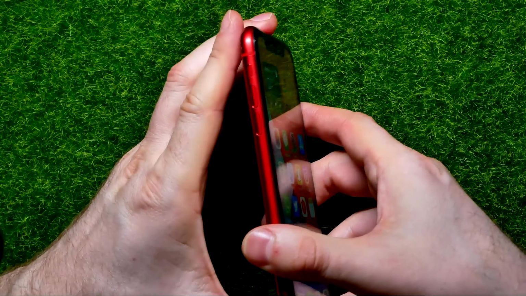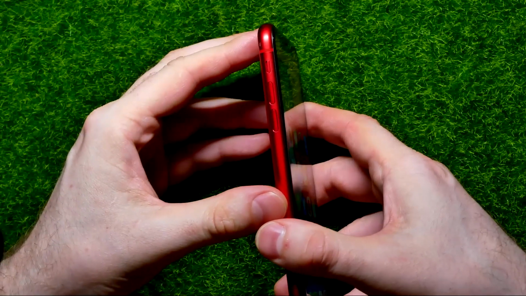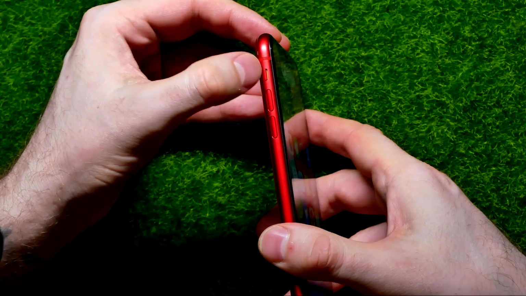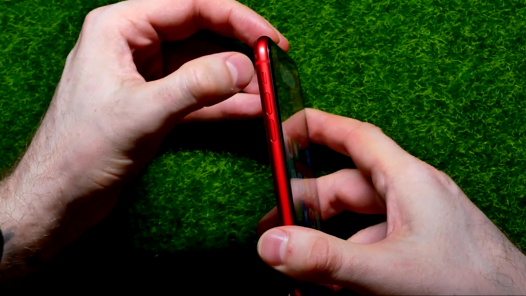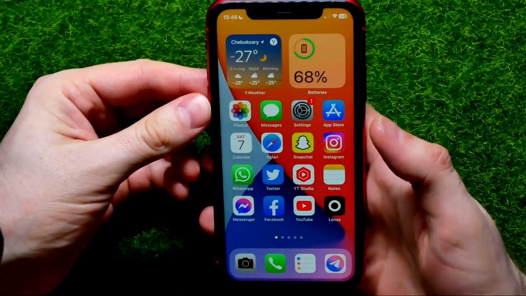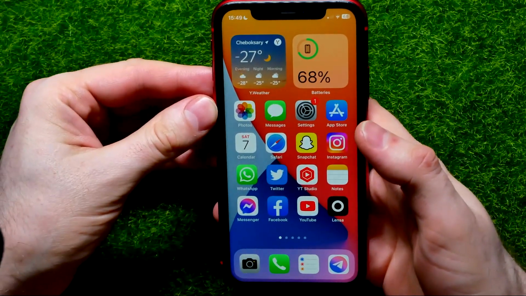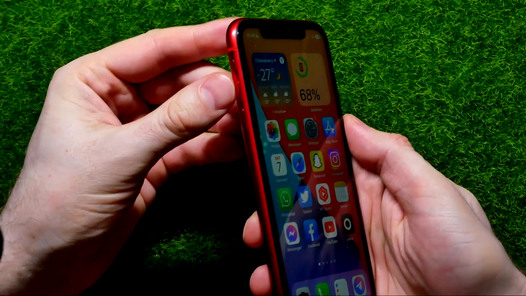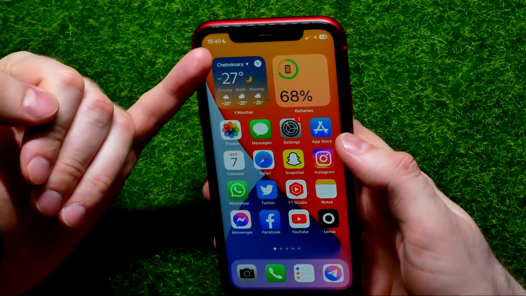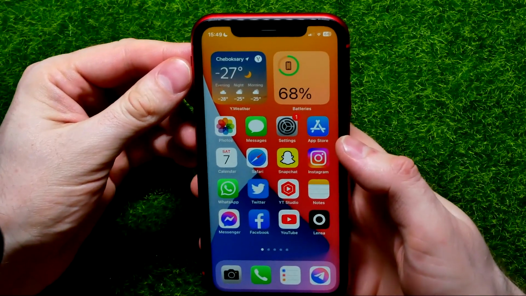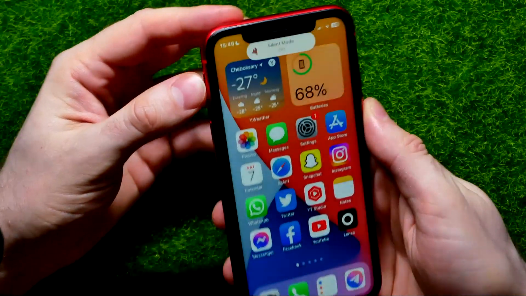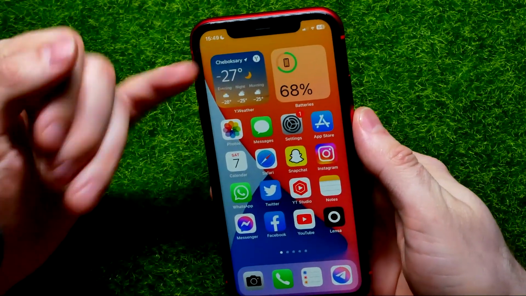You can toggle this button in two different positions. You can toggle it in back position and in front position. Front means towards you when you are holding your device in hand, and once you turn this button back, it says that silent mode is now active, and if you turn it towards you, it says that silent